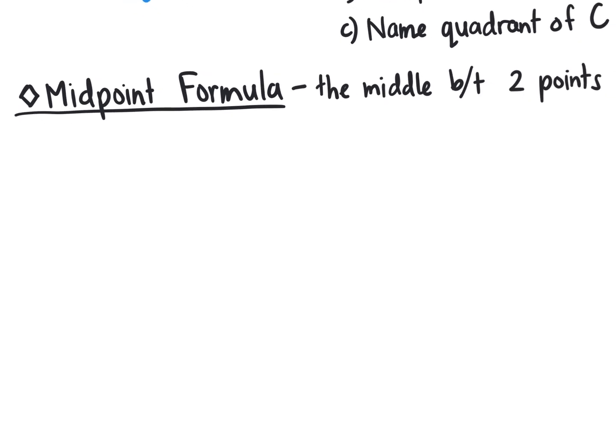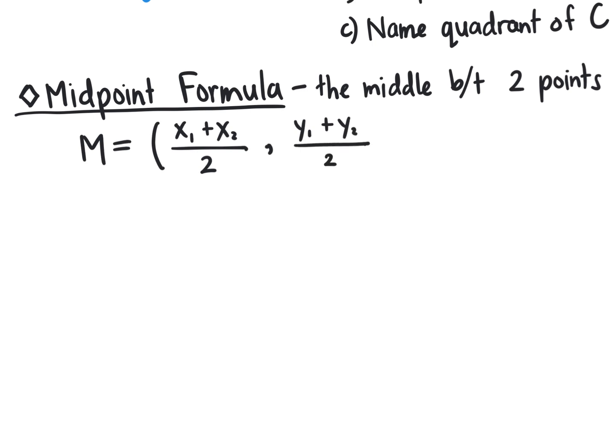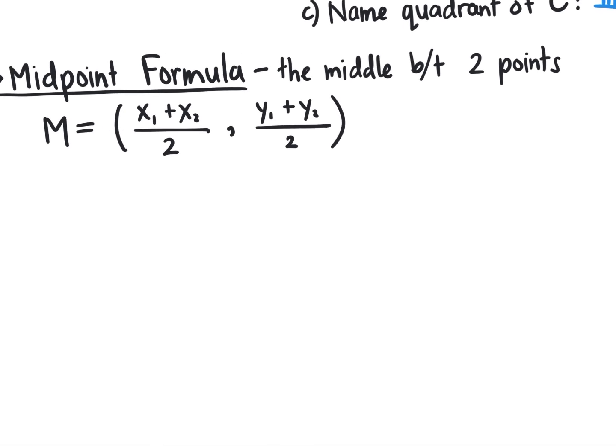We will typically call the midpoint capital M. And to find the midpoint, you're going to open parentheses, and then in a fraction, you're going to do x sub 1 plus x sub 2 all over 2, comma, y sub 1 plus y sub 2 all over 2, close parentheses. That's your midpoint formula, such that